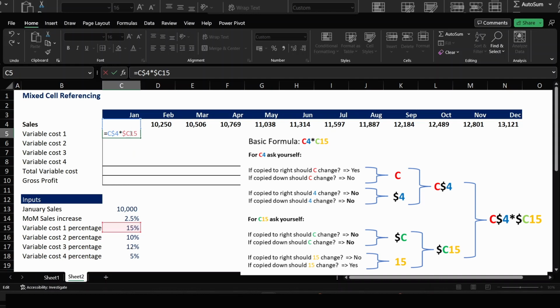So it's a situation when we copy down, the 15 should be changing, and when we copy to the right it should not be changing. So we don't put a dollar sign in front of the 15 to fix it. So this is our correct mixed cell reference formula done for this